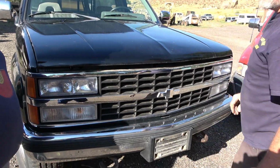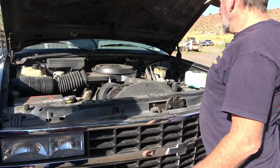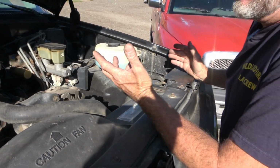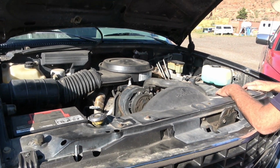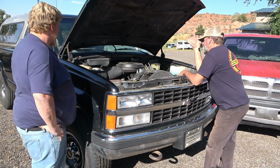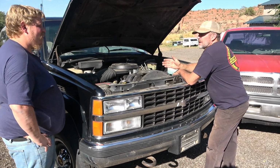Okay, guys. Ready? Yes. All right, so here's where the business end of the truck is. And as you know, I'm a big 454 fan. I don't know why, I just am, because that's the first brand new GM vehicle I bought all myself with my own money. I got a 454 and I've been stuck on them ever since. But you know, it's throttle body. The only issue it had is it has